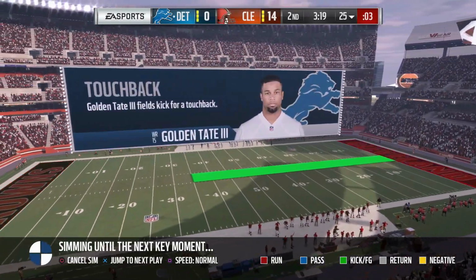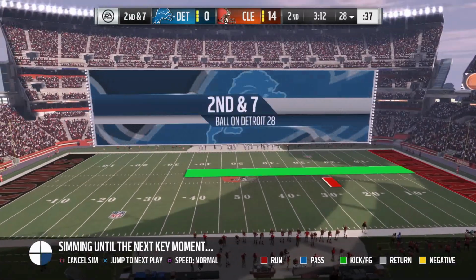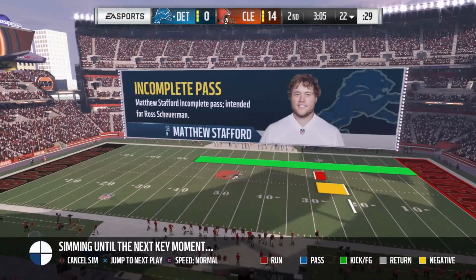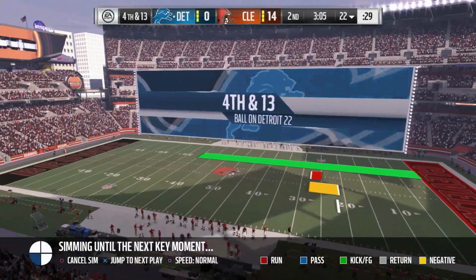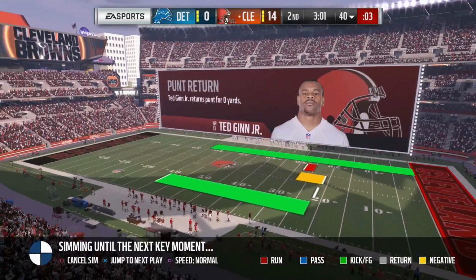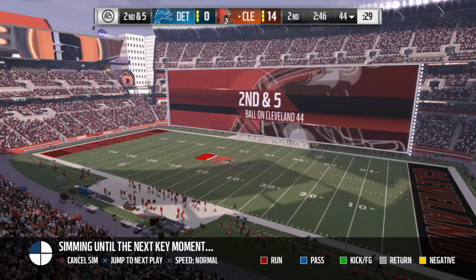Here comes Golden Tate the third. Sack. And they will punt it here. 38-yard punt, not a good punt. Ted Ginn could not return. Only a